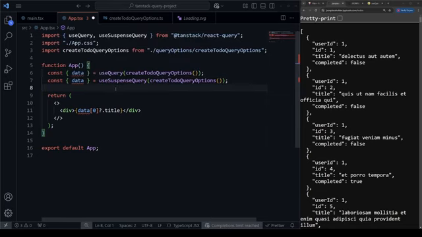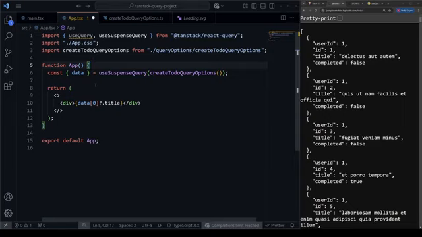I'm getting an error here because I have two things that are of the exact same name, so I'll go ahead and delete this. But case in point is that the useSuspenseQuery is great for when you want to make sure data is always defined and there's no undefined case. What it's also great for, and actually its primary use, is if you're wanting to use the React Suspense